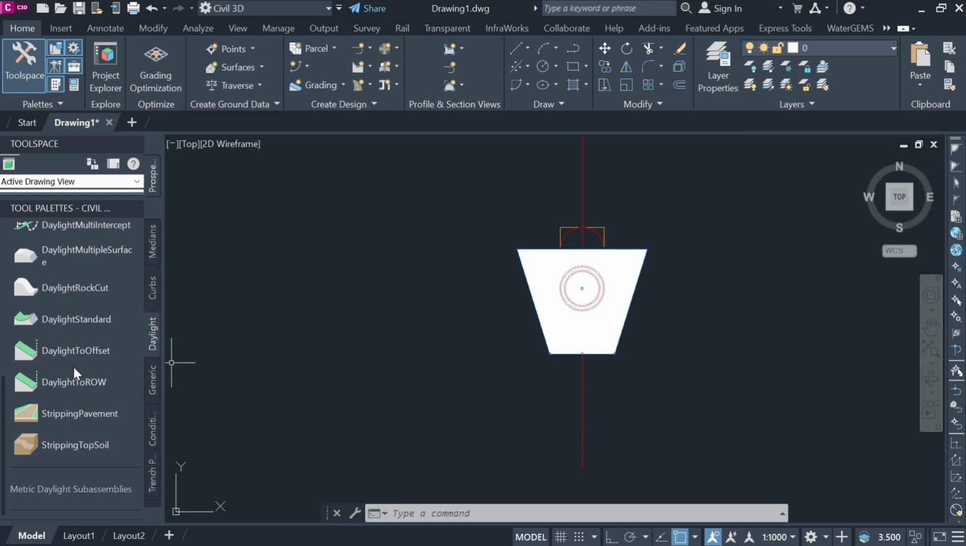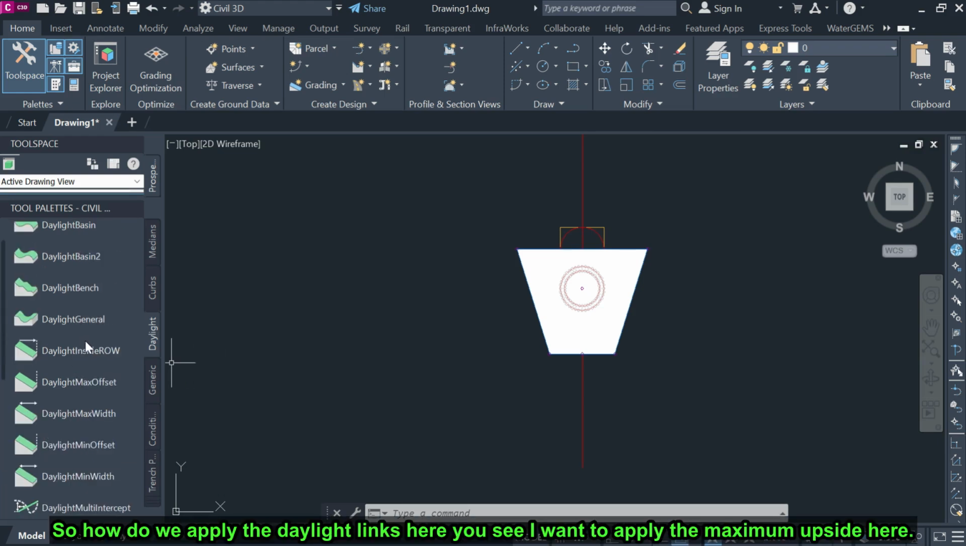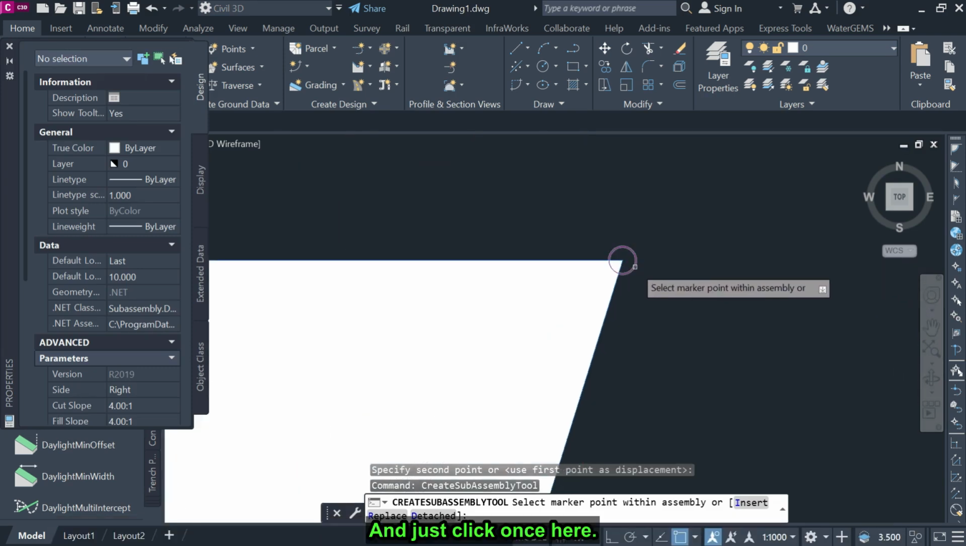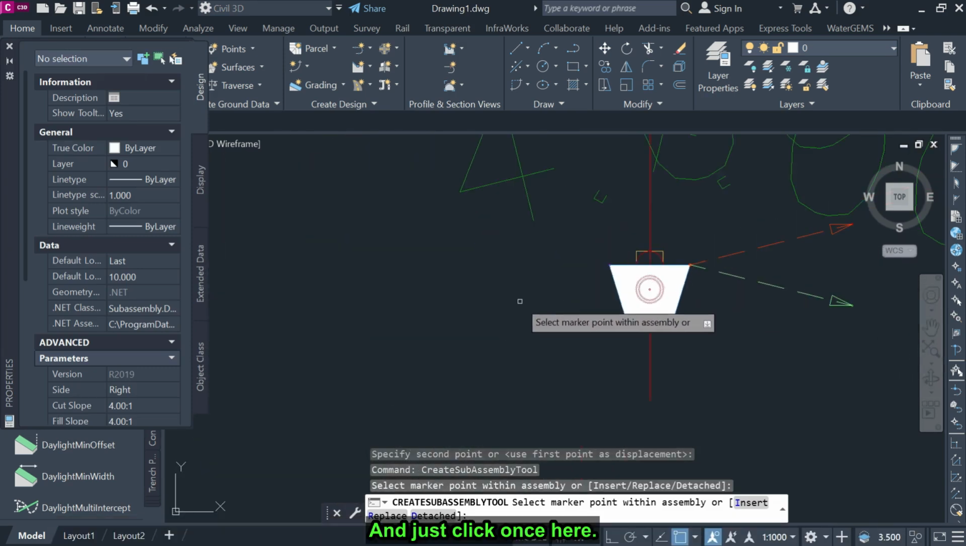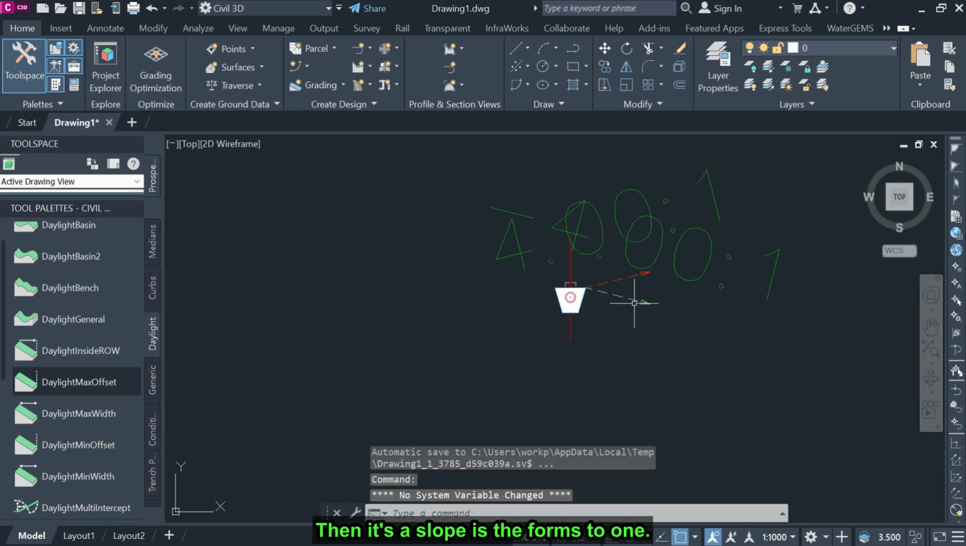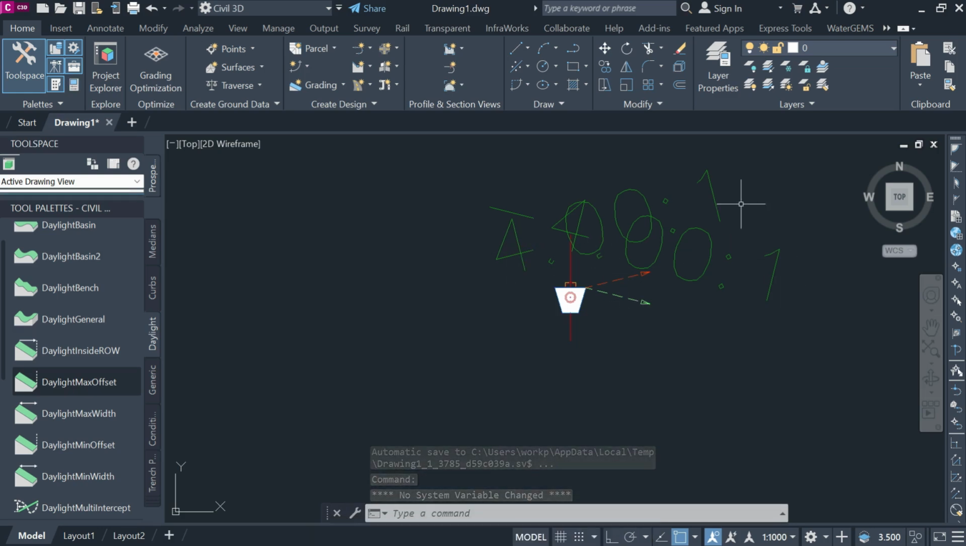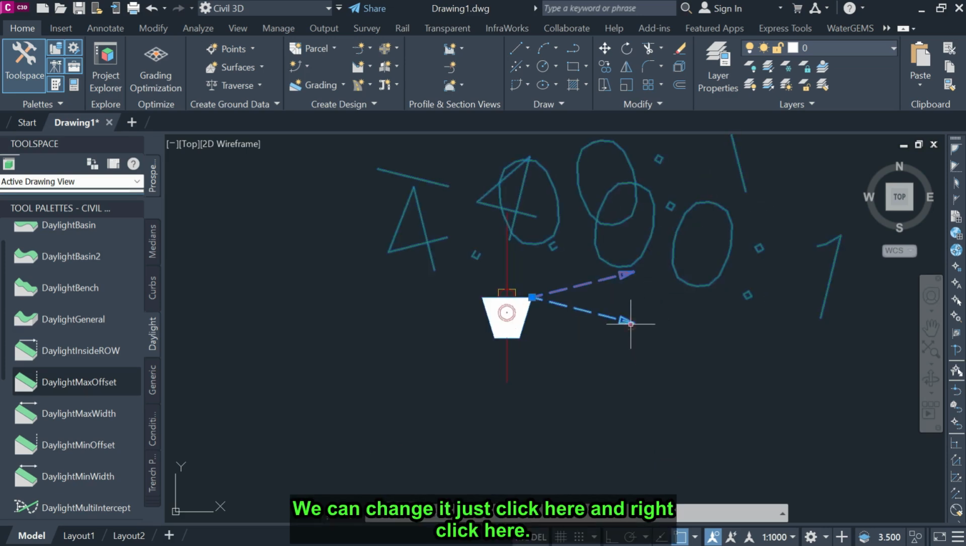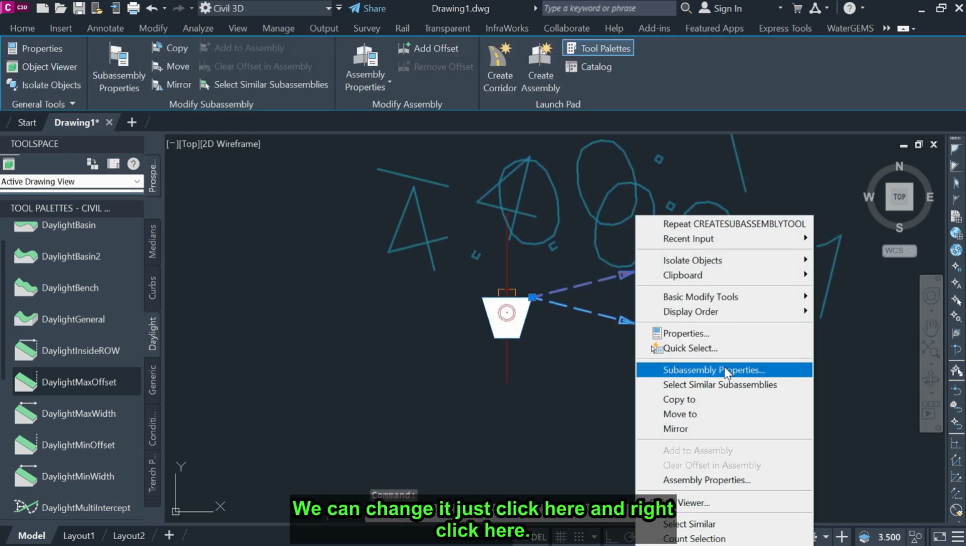So how do we apply the daylight links? Here you see, I want to apply the maximum offset here and just click once here. Okay, then its slope is 4:1, and also cut is the same. We can change it. Just click here and right click here and